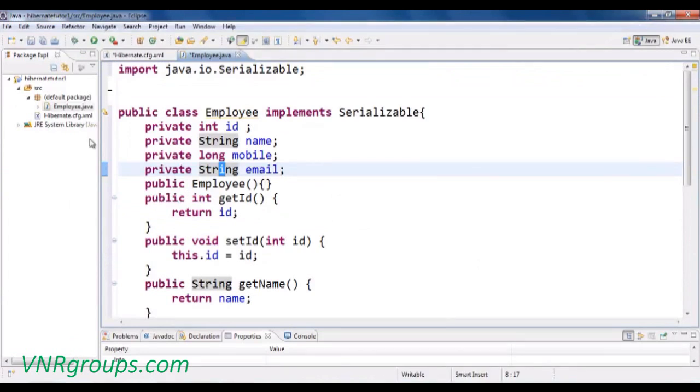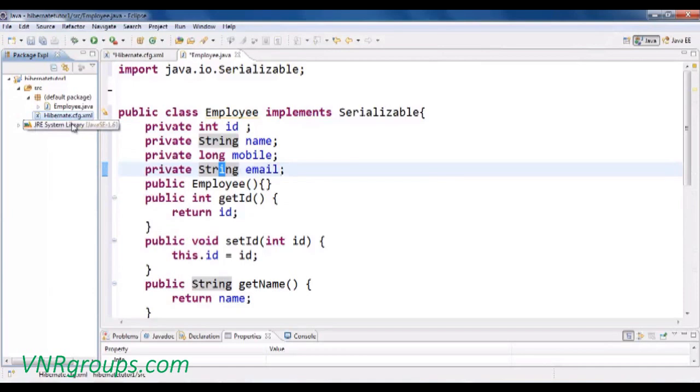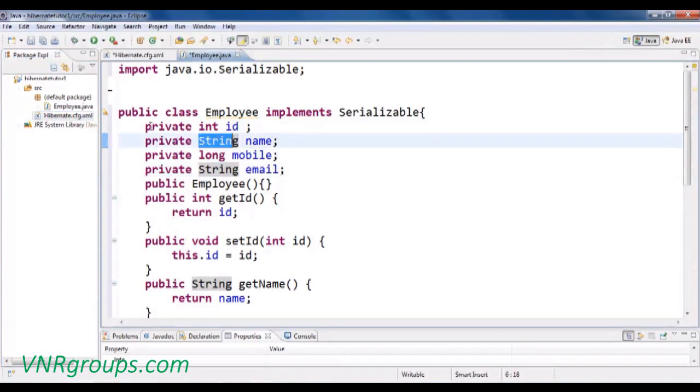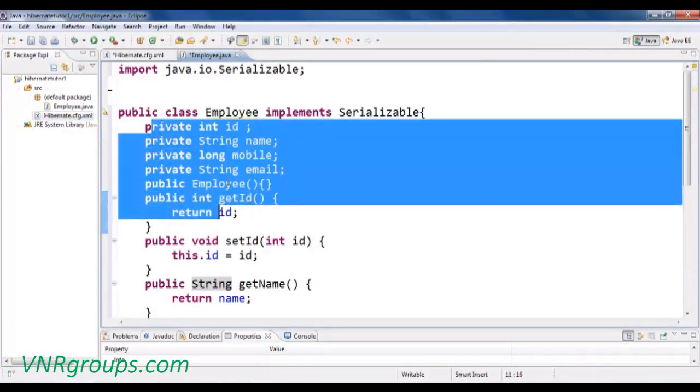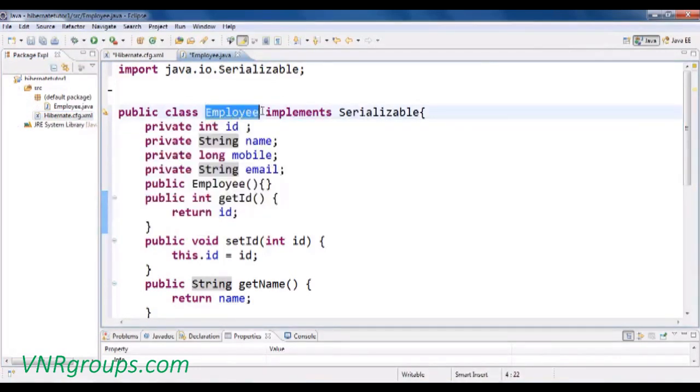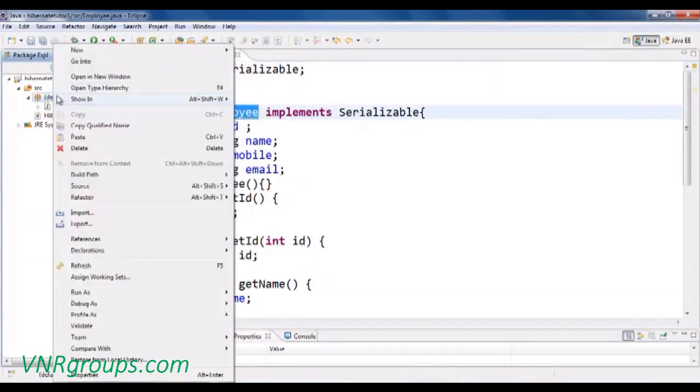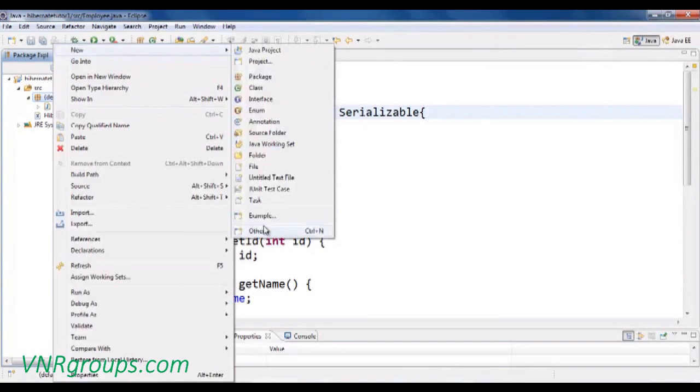Remember, in the Hibernate Framework we use two XML files. We are done with the configuration file where we configured the connection to our database. Now let's write the mapping file, the other XML file, where we'll map these variables to the column names in the database table and this class to the table name in the database. So next, create new, other,